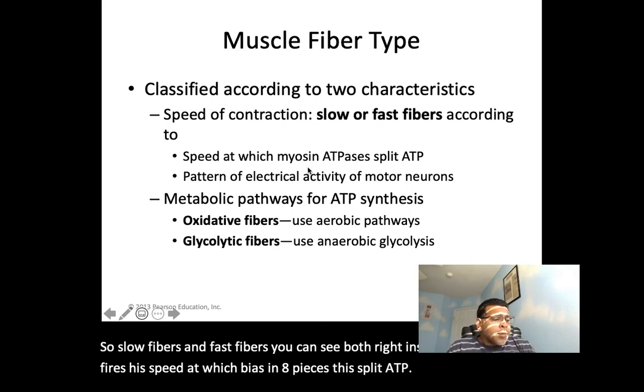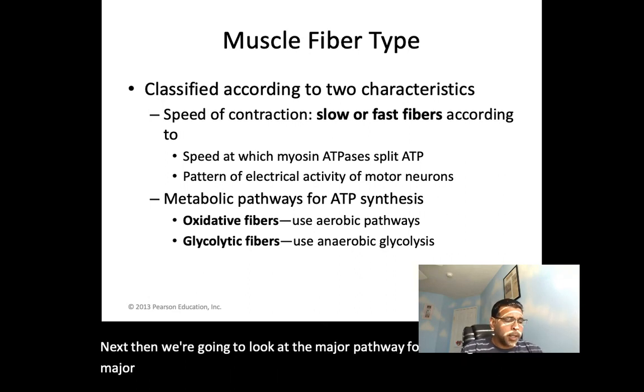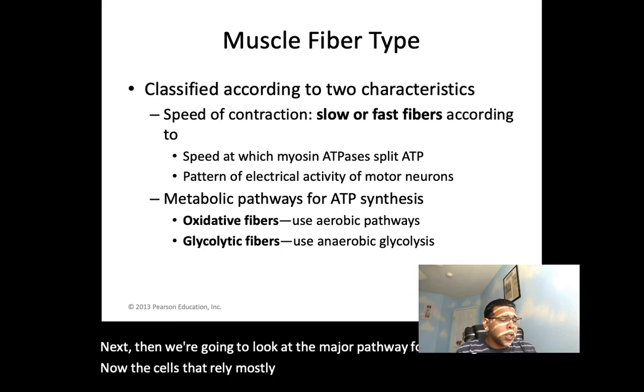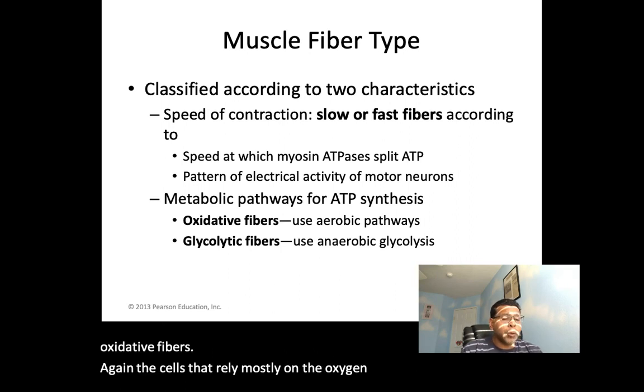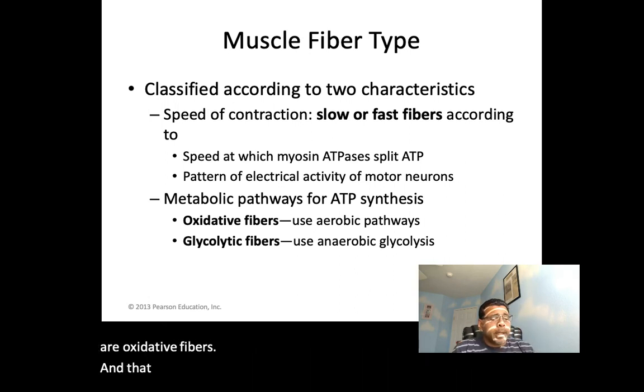Next then, we're going to look at the major pathway for forming ATP. Now, the cells that rely mostly on oxygen-using aerobic pathways are oxidative fibers. And those that rely more on anaerobic glycolysis,